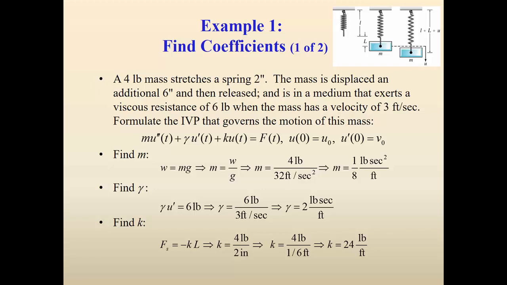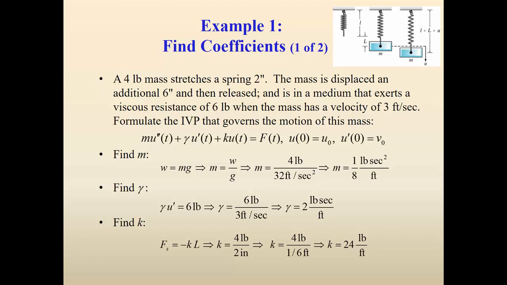So let's look at some of these examples, right? So we have a 4-pound mass. That's imperial measurement system, not metric, so that's annoying. A 4-pound mass stretches a spring 2 inches. The mass is displaced an additional 6 inches and then released. Released sounds like we have a velocity equal to 0,